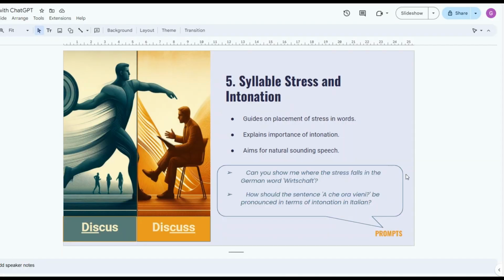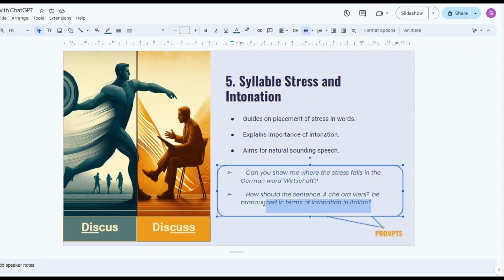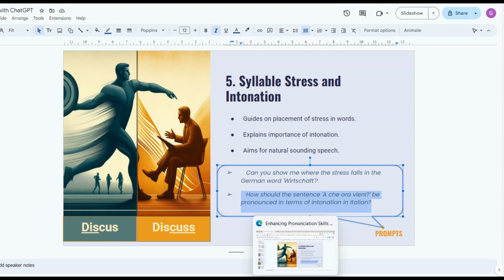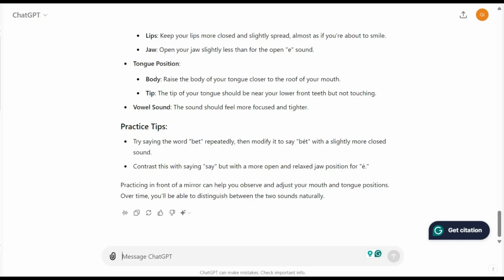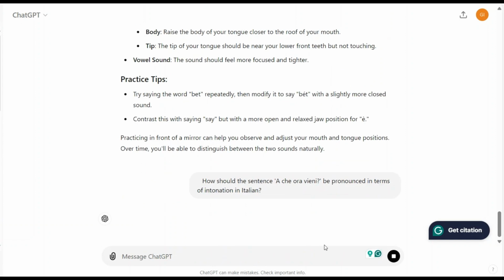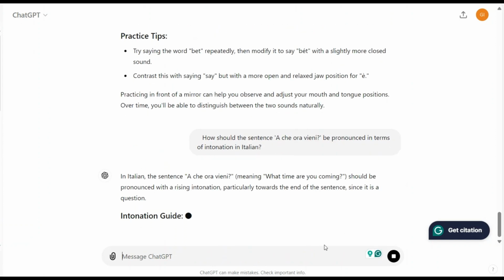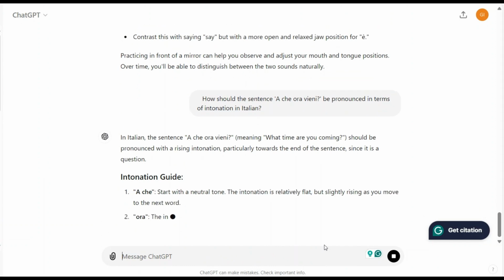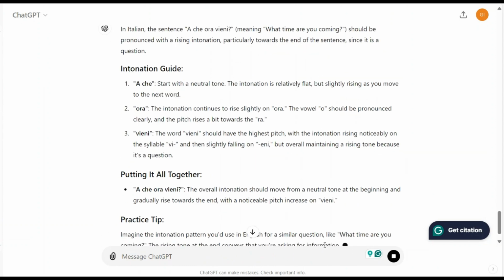Let's see one of the prompts for intonation. This one as well could be very interesting to do. So we go, how should the sentence "a che ora vieni" be pronounced in terms of intonation in Italian? Again, I have a guide divided by bits of the sentence. So you start with a neutral tone, "a",